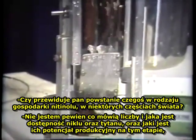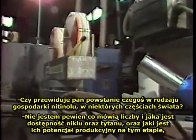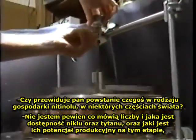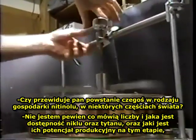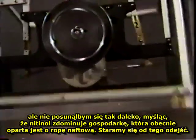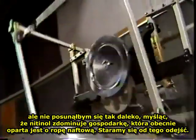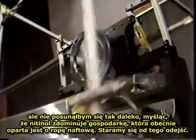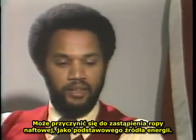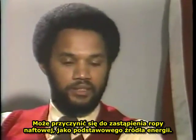Do you foresee finally something like a nitinol economy in certain parts of the world? I'm not sure what the numbers are in the availability of nickel and titanium, and certainly the manufacturing capability at this point. But I wouldn't want to go that far to think that nitinol would dominate. In effect, I guess what we consider ourselves now is that we're on a petroleum economy, and we're trying to find ways of getting away from that. I see it contributing as a component of one of the ways of displacing petroleum as a primary